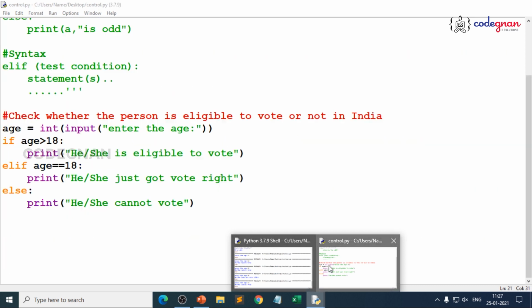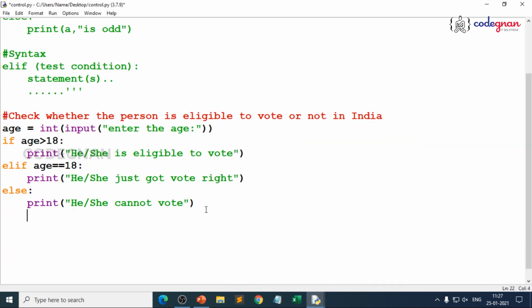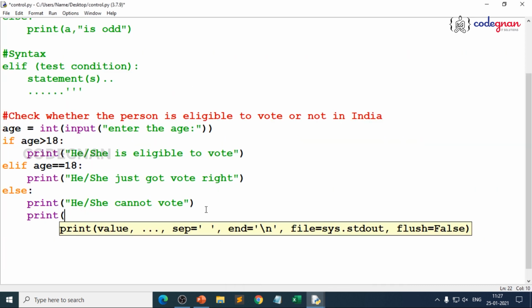Yes. Now follow the same process. Go for the else block, print. What is the logic you are trying to give? You are trying to make sure that you enter your age. Suppose you give it like this, age minus 18. You see the result, what happens over there? You need not worry.